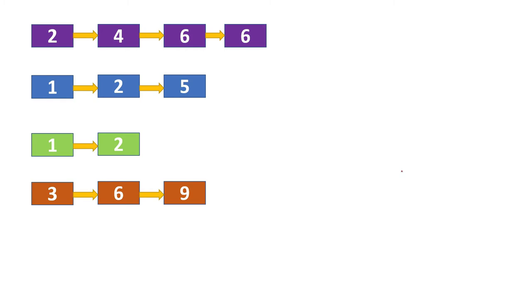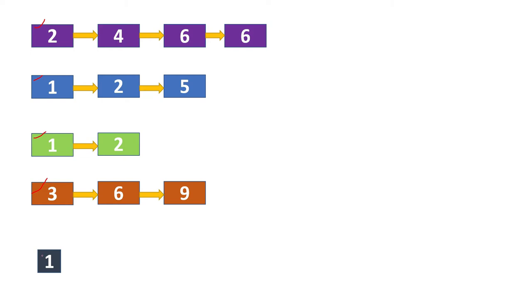Now let's think about another approach. Can we take help of each and every list and build the solution from beginning to end? That means if we start with this one, this one, this one and this one, among them what is the minimum that we can take first? Suppose 2, 1, 1, 3 is there, so the minimum is 1. That we can append to the result list. Suppose from here I am starting the result list part.